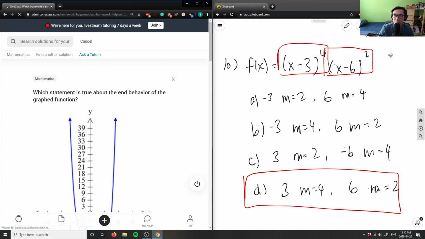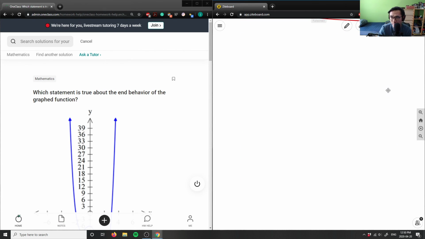Awesome. And finally, my last question of the day, question 11 here, is stating what statement is true about the end behavior of the graph of the function. So we're talking about end behavior of